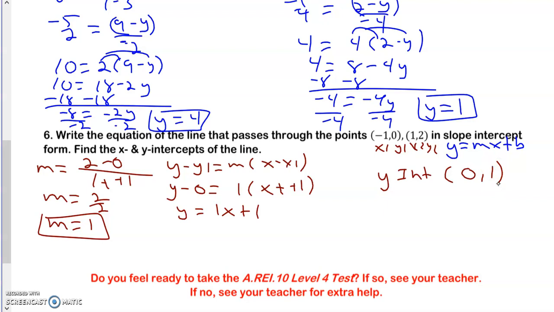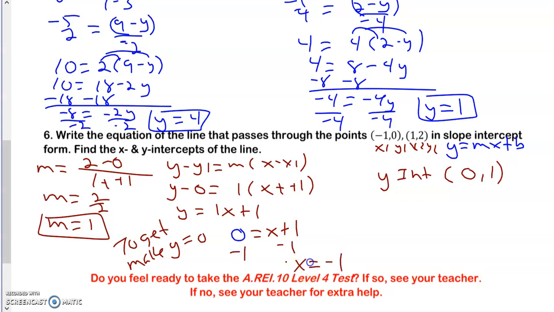To get x, make y equals 0. So I'm going to come over here and I'm going to make y 0. So 0, and then I'm going to put in equals x plus 1. I'm going to subtract 1, and then x would equal negative 1. So my x-intercept for this equation would be